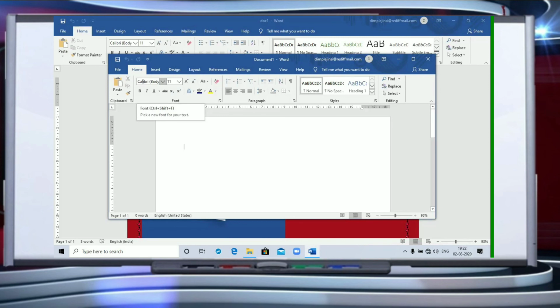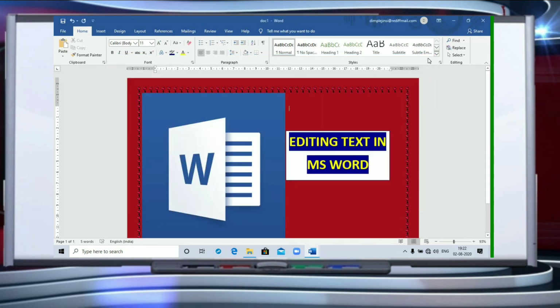Now here you can start writing whatever you want to write, words for your friends, for your parents, for your teachers. You can write it here. Now I am going to close it because I already have one document created here.